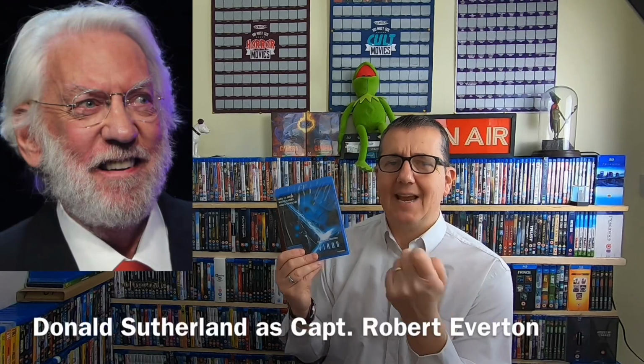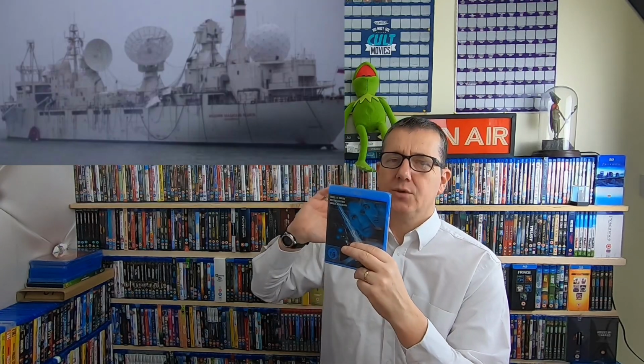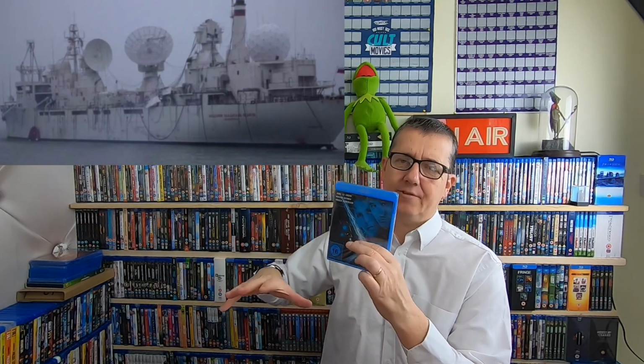It's Virus, starring Jamie Lee Curtis as Kelly Kit Foster, William Baldwin as Stephen Baker, and Donald Sutherland as Captain Robert Everton. It's another monster movie, but this one is set at sea. Now, this energy source from a satellite beams down onto a Russian ship, killing the entire crew, obviously, and then a week later, this American ship helmed by Donald Sutherland, who is a drunk, sails through this storm and becomes damaged. And while they're there, they spot this Russian ship bouncing in the water and think they're going to salvage it